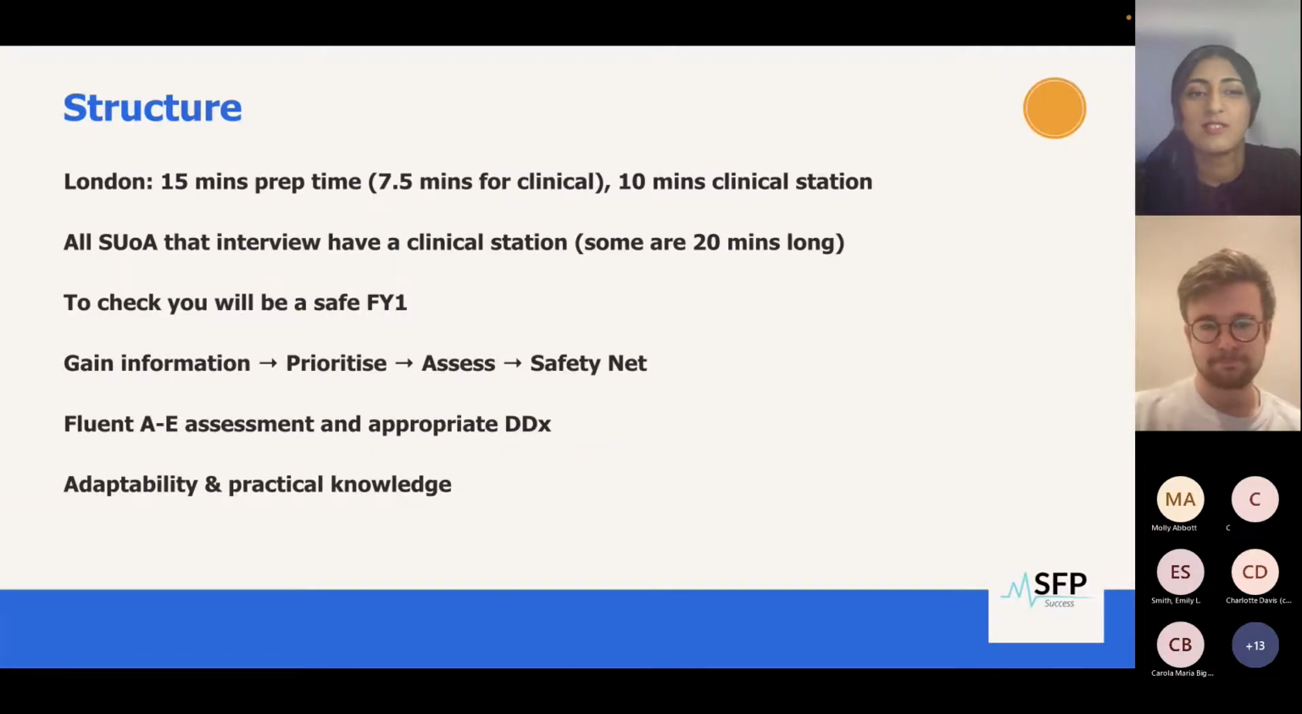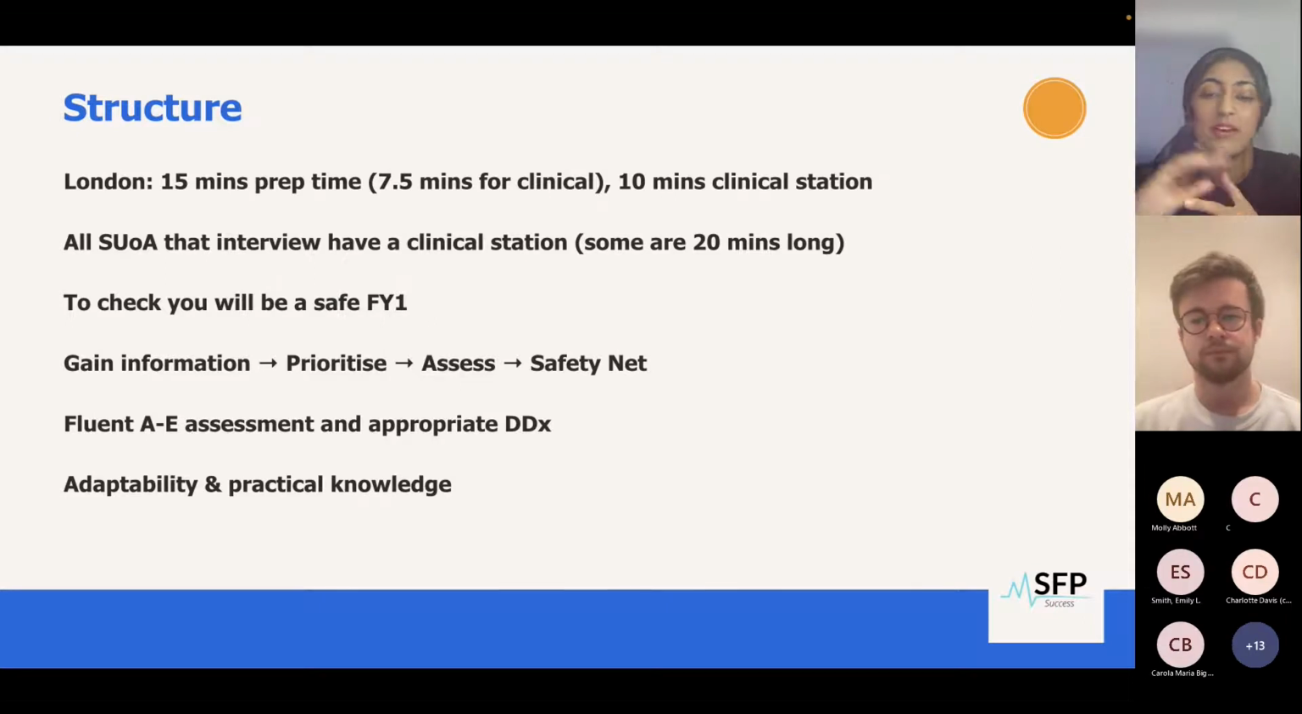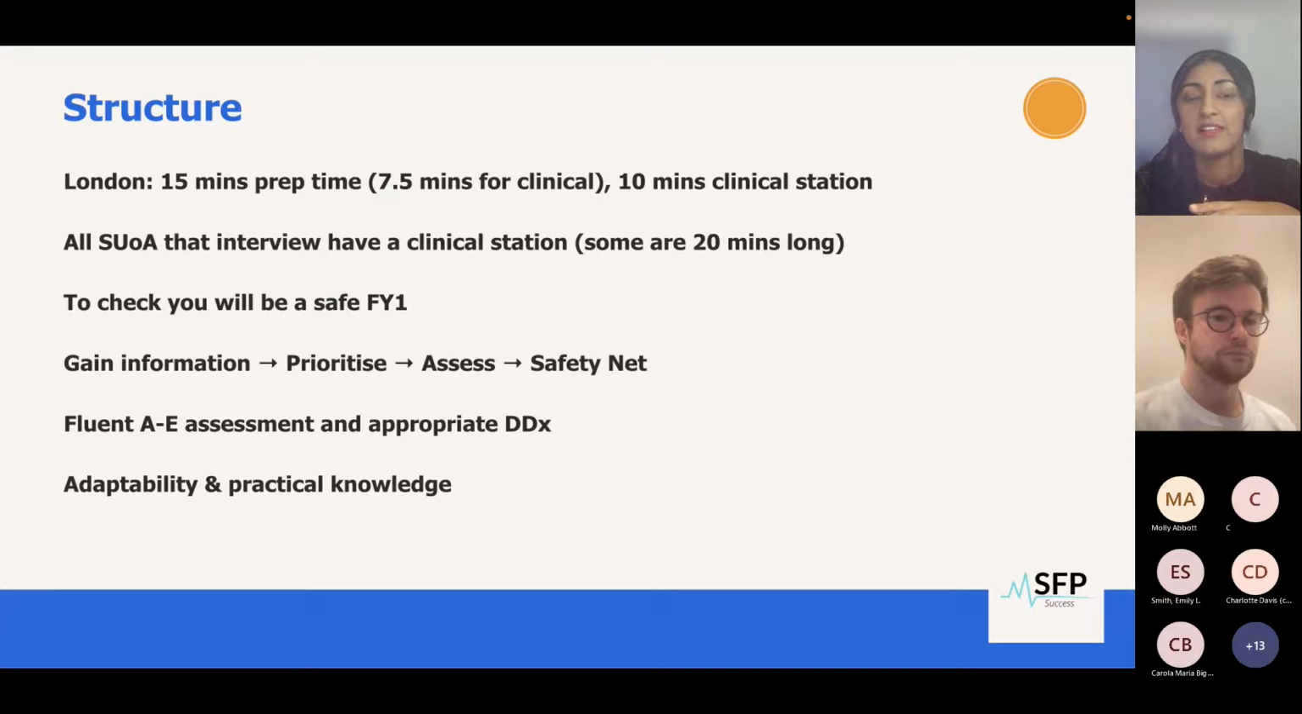Hi everyone, so today we're just going to talk through the clinical section of the interview, focusing more so on London. The structure of the interview that you're likely to get is you'll get your clinical scenario, but you'll also get an abstract for a critical appraisal. The timing usually works as 15 minutes of preparation time, split between clinical and critical appraisal. It's up to you how you spend that time, but we would advise 7.5 minutes for the